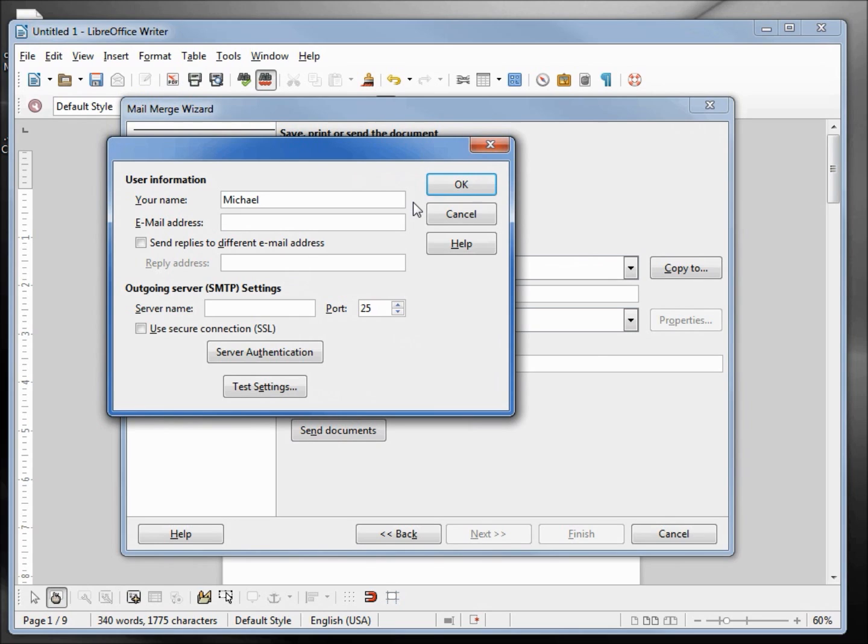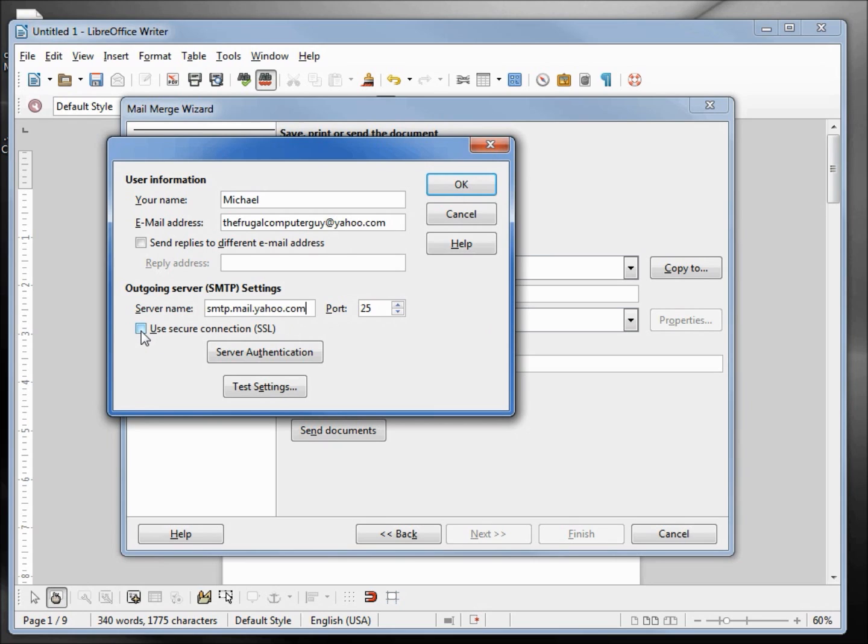For the email address, thefrugalcomputerguy@yahoo.com. Down here, the server, this SMTP, that's going to be different depending on who your email provider is. Mine is smtp.mail.yahoo.com.